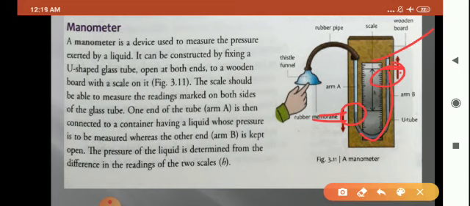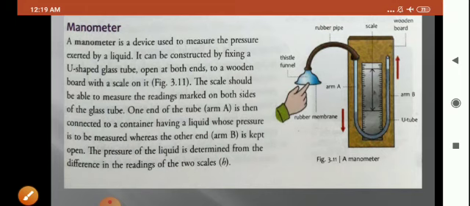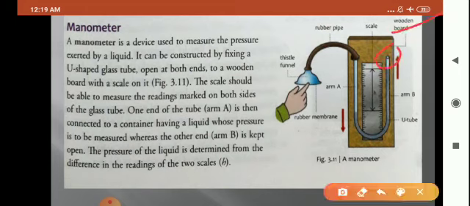Now how do we determine the pressure of the liquid, children? I suppose you have understood the construction of this U-shaped manometer: it has a glass tube which is U-shaped. At the center the scale is attached with the reading on both sides, so that it could measure the reading of the glass tube on both sides, at arm A and at arm B. Next, one side of this tube is open whereas the other side is attached to a rubber pipe, and the outer end of the rubber pipe has a thistle funnel.